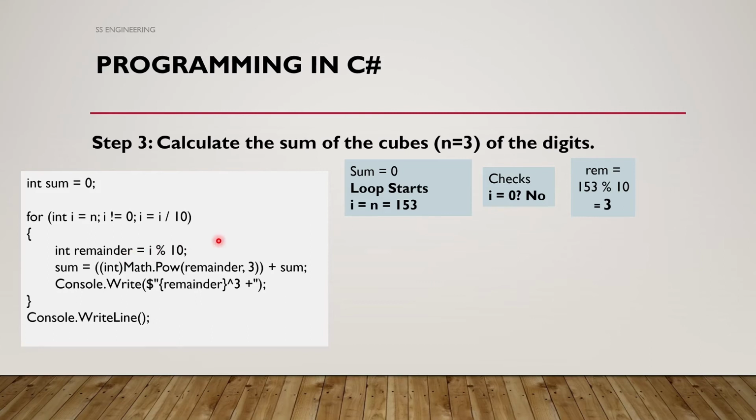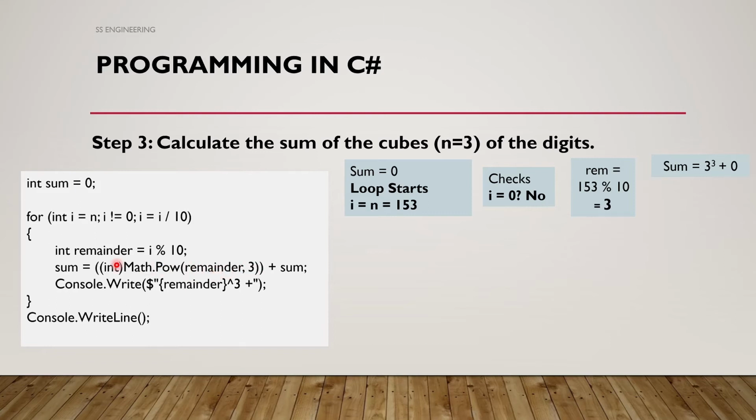So we have i equals 153. 153 by 10, we get the remainder 3. That is, we get the ones digit of the 3-digit number in remainder. Then further it calculates sum equals Math.Pow, which is a simple syntax that we find in C# to find the power of any variable with respect to another variable y. So here what it does is it calculates the power of cube of remainder,